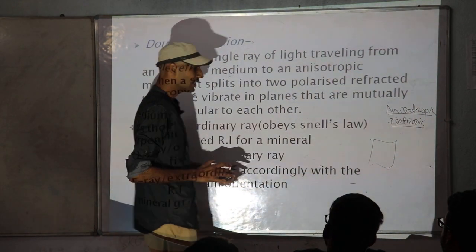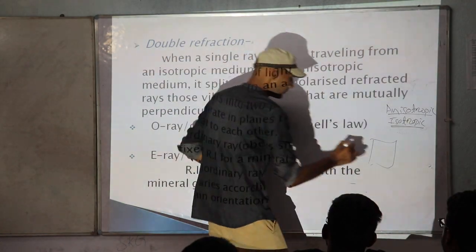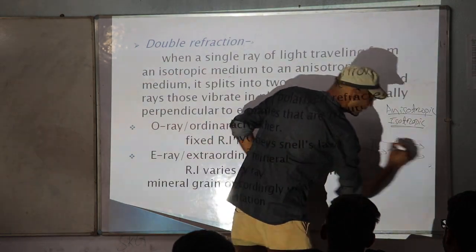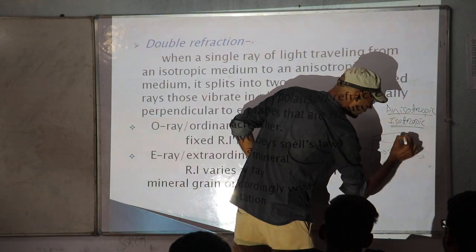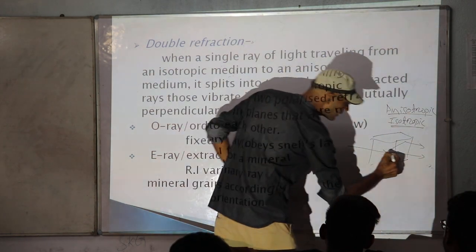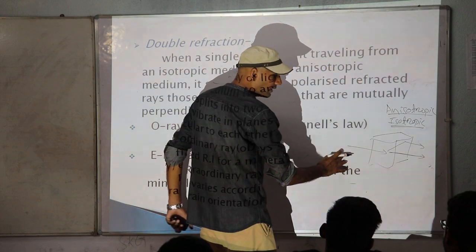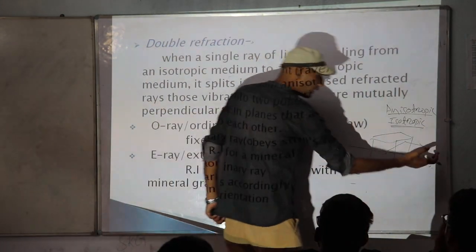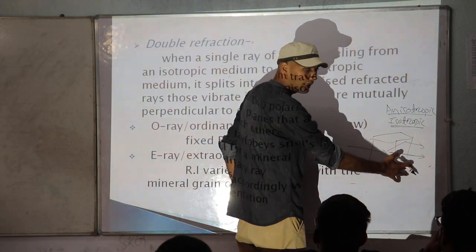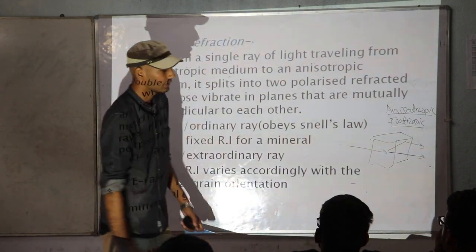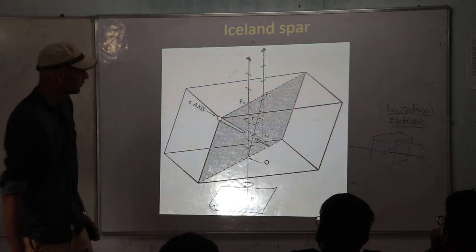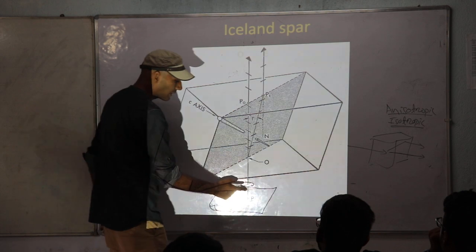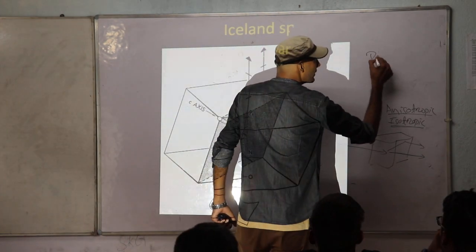Okay, so whenever a light ray enters an anisotropic mineral, what happens? It will split up into two rays. One is continuing the same path as the previous ray. You can see here this ray is continuing the same path as the previous ray, and another one is deviated from its path. After going away from the mineral, they are parallel in propagation. You can see here also, if this is the mineral, this light ray enters the mineral here, this is unpolarized light ray, so here comes a term polarized.